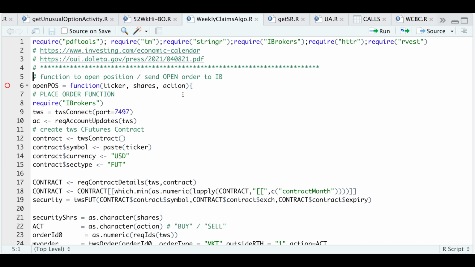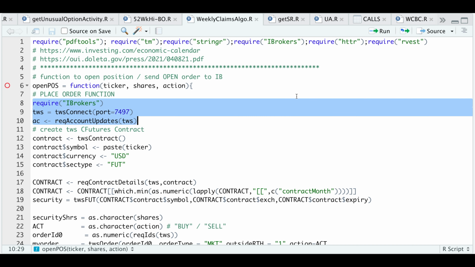So to open up a new position in Interactive Brokers, for a futures contract, we can't just pass in the ticker since future contracts have predetermined months. But for this example, I just want to trade the front month. So in order for us to open up a position in the front month, we need to specify a couple of things. I do have my Trader Workstation open, so I'm going to go ahead and connect to my paper